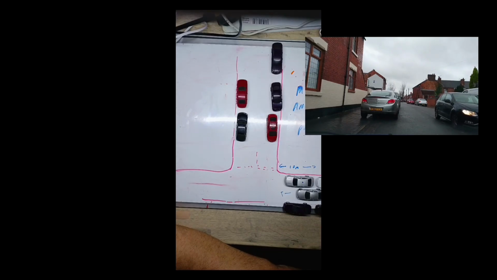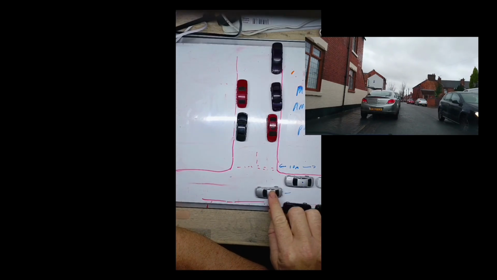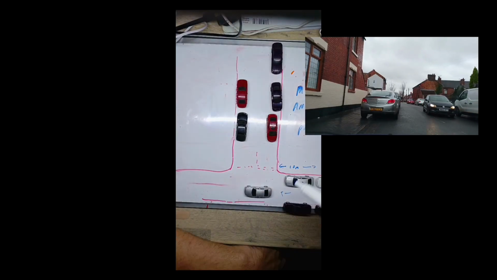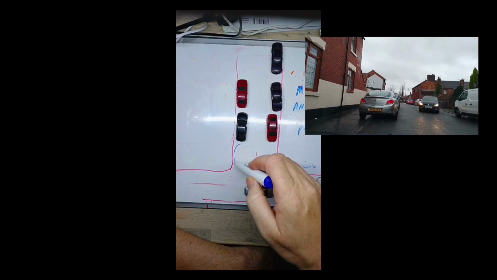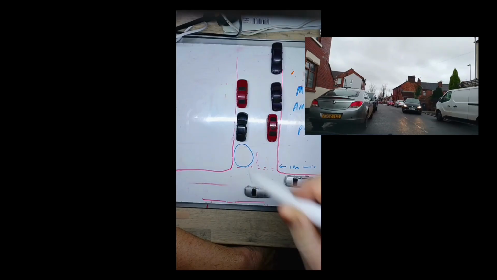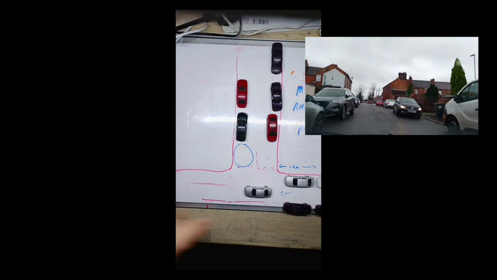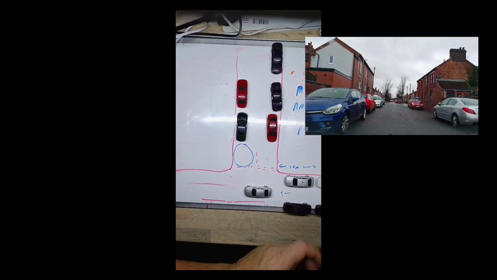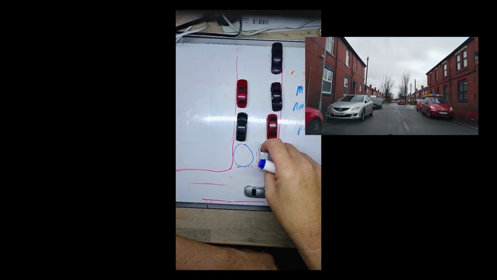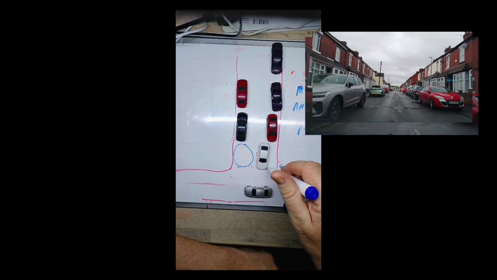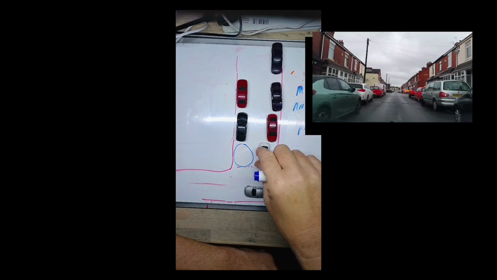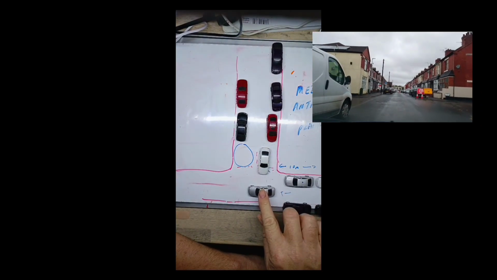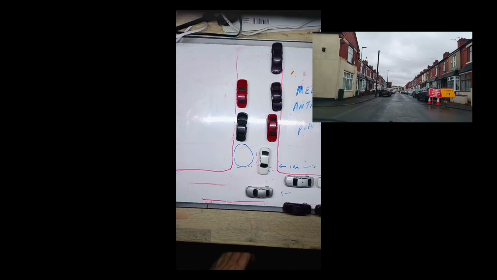You can't see it in the footage, but when I get to about here, which is my turning point, I see this gap here, and I know that I can complete. Let's get another vehicle. There's a vehicle coming down here that you can't see in your shot, which has actually made the space in. He's done a pretty good job. He's put a signal on to turn left. He's got to about here and he knows he can't come out. So he's waited for me. That's all fine at this point.